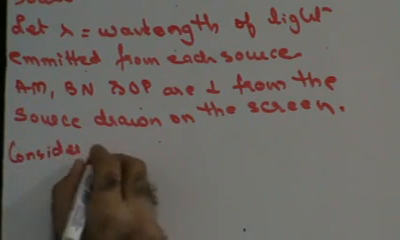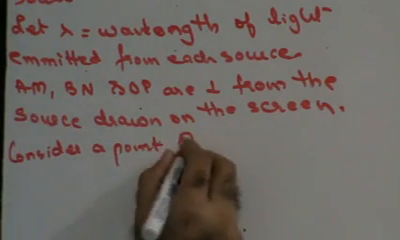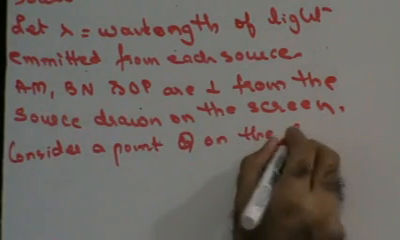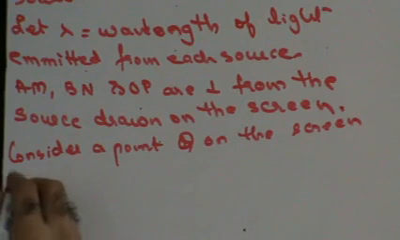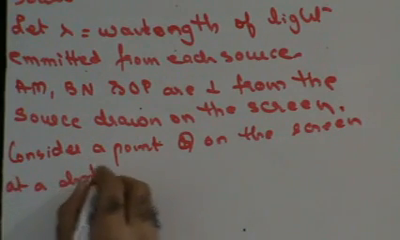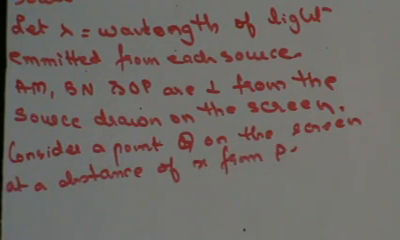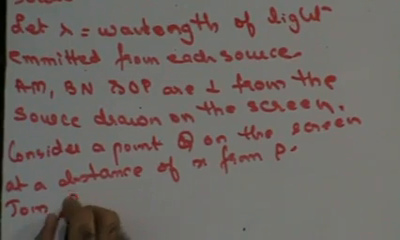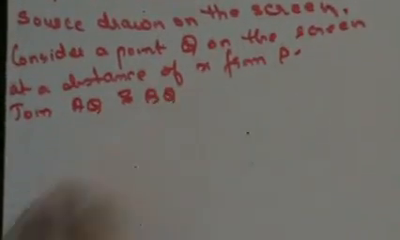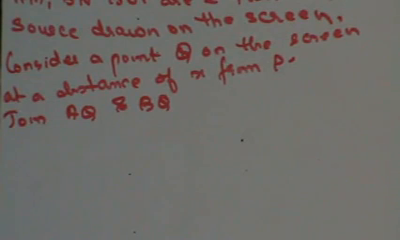Consider a point Q on the screen at a distance of x from P. Right? Now if Q is at a distance of x, I want to find out whether this is going to be a bright point or dark point. For that, first I'll join AQ and BQ. Right? In that case, from the figure it is very clear that the path difference of the